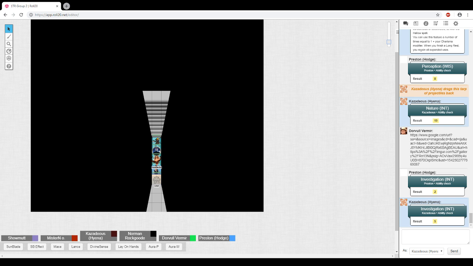I'm going to check for traps, check around the corners to see if there's any mechanisms or anything. I'm going to tap on your shoulder and ask you to look up. Look up. Yes, I look up too. All right, you look up, and above you